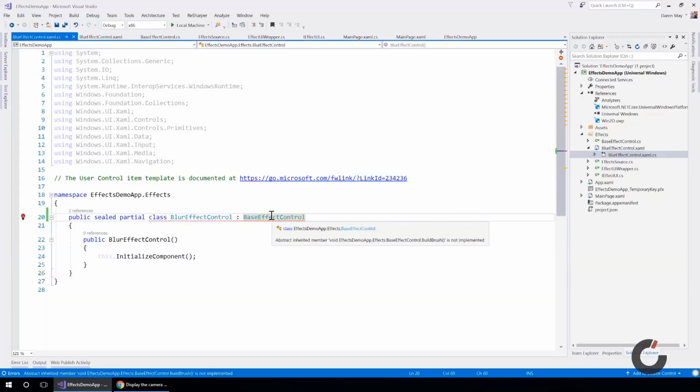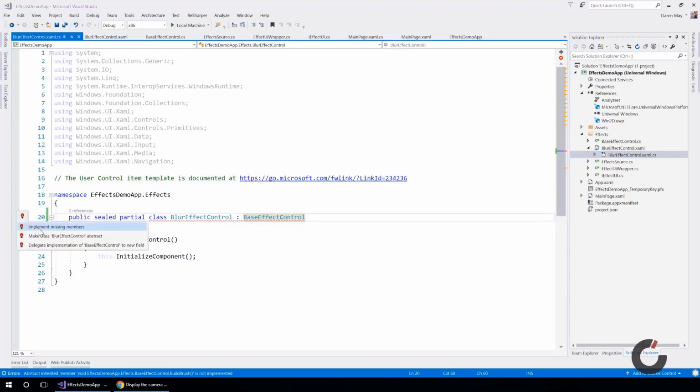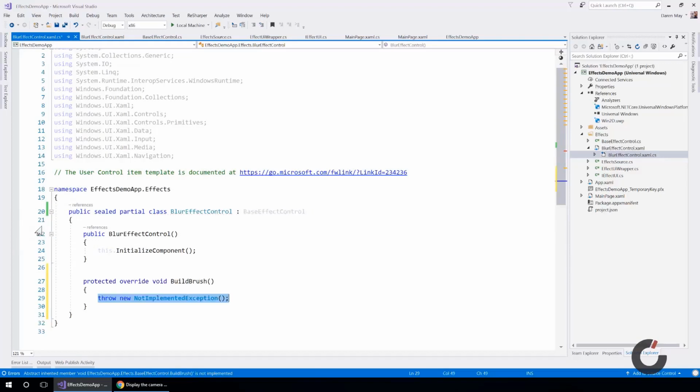IntelliSense tends to be a little bit upset by changing these base controls. It actually will still compile correctly once we've implemented all of the various interfaces and abstract elements that we need. So if I click on here, then build brush is necessary to implement the abstract method that's defined in base effect control. So if I delete this, I should be able to compile. And you see compilation has succeeded, but we're still getting some IntelliSense issues. So